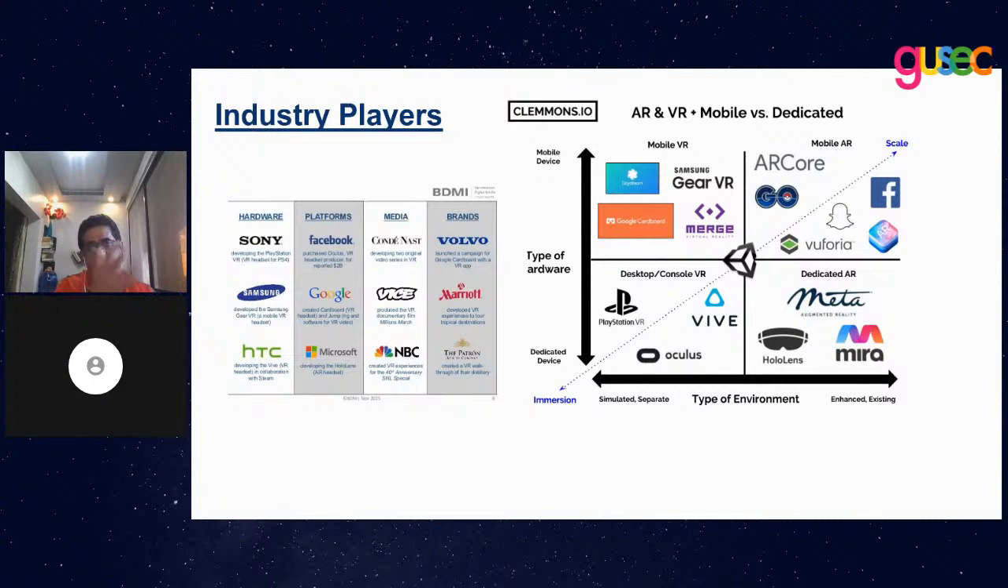Again, whether it's immersion at one end, scale at the other end, look at the type of hardware, type of environments that we're looking at, right? The whole space is fairly well populated today, right? Mobile AR, mobile VR, the console based AR, VR, MR, whether it's tethered, whether it's untethered, there are dedicated AR systems that are available out there, right? So the play is getting fairly crowded. The space is getting fairly crowded today, right? Again, hardware wise, platform wise, media wise, brand wise,